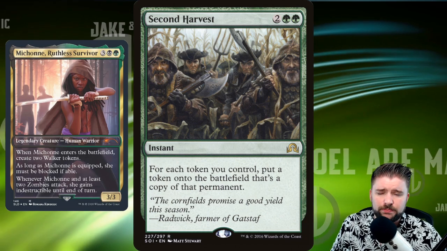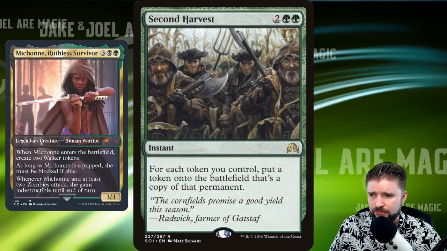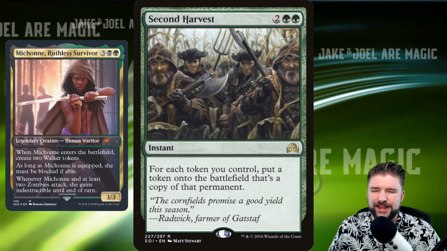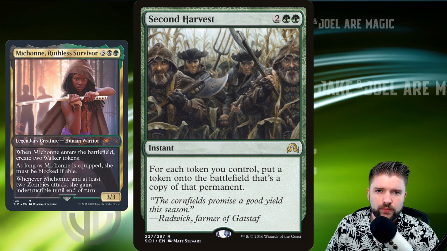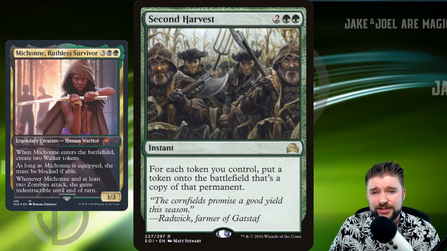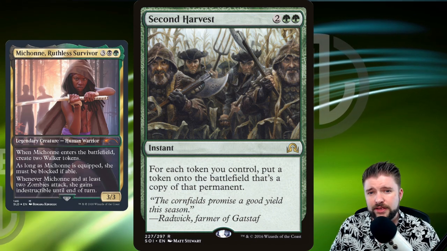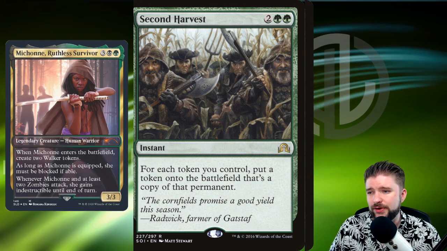Second Harvest is a little bit like Parallel Lives. 2 green, 2 other for an instant: for each token you control, put a token onto the battlefield that's a copy of that permanent. I like this because it's instant speed. We can wait till the end of our opponent's turn and suddenly our zombie army doubles in size. That could be the victory right there, especially if we've got some kind of anthem in our hand ready to